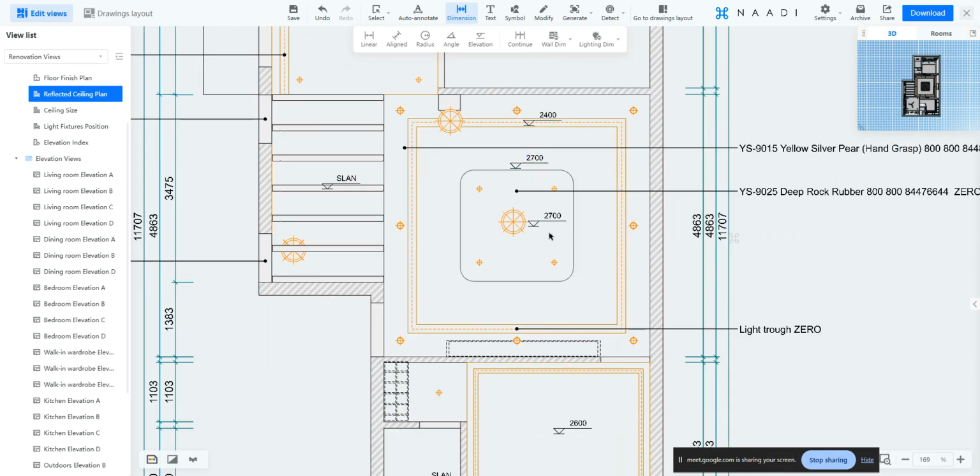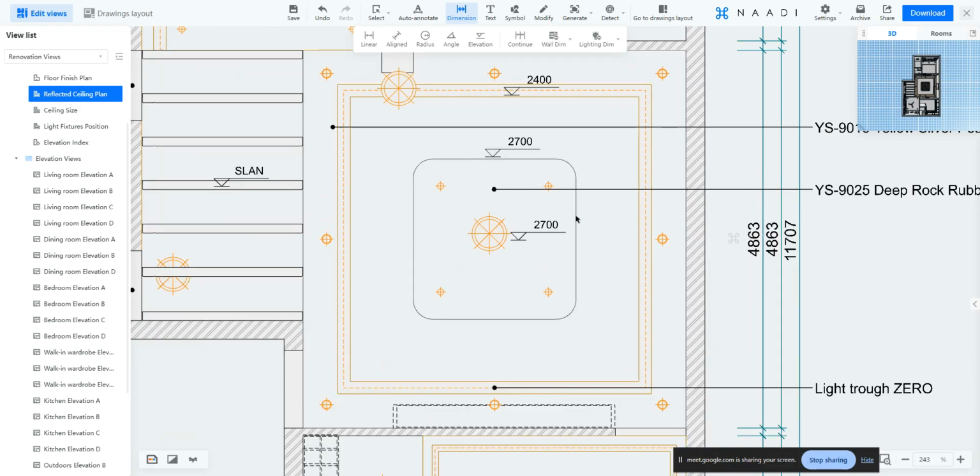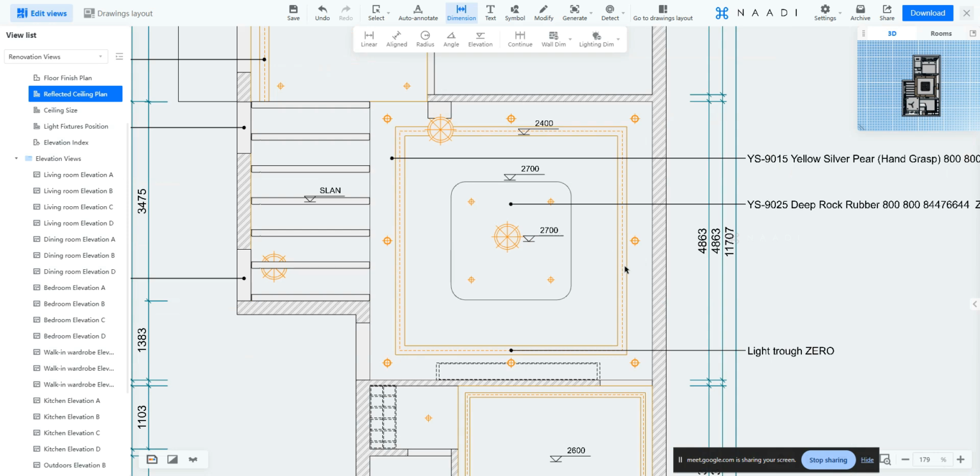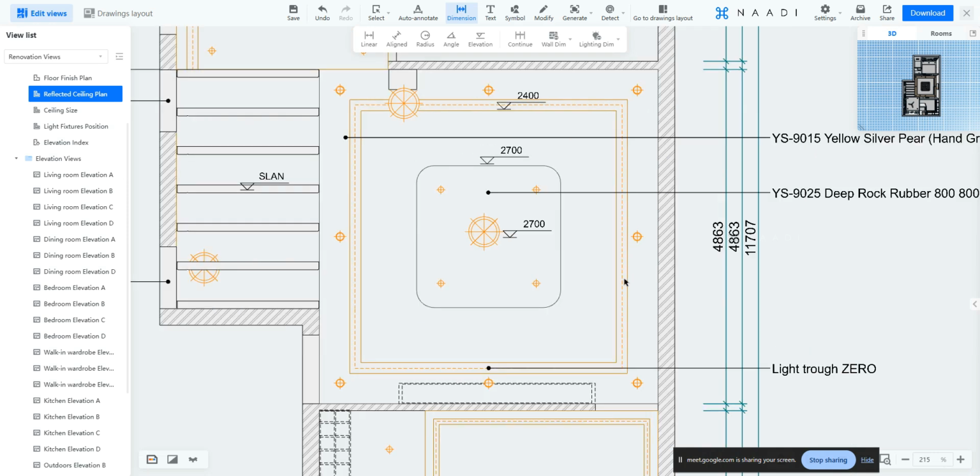And now you might be wondering, what if I want a dimension? I want the dimension of my ceiling here. I want what is this extrusion point, what is the width and length of it. I want what is the cove distance, where this dotted line, what you're seeing, right? This is your strip light which I placed in the cove. Yes, to that position it will be updated here. This dotted line is the strip light. So to that position it will be there, but if you want a dimension for all these aspects, then